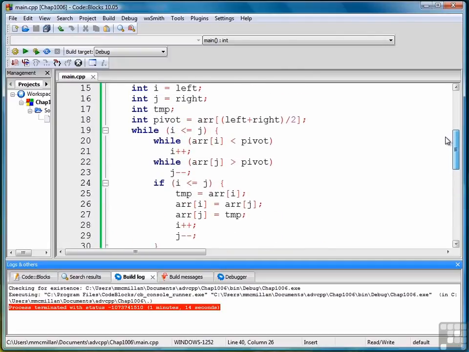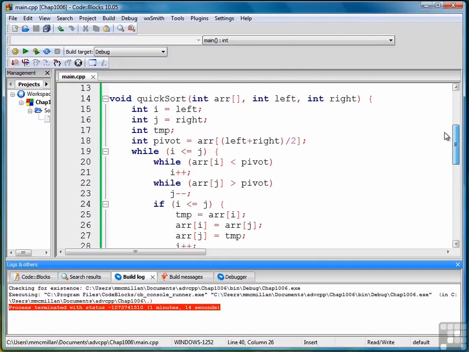So there's an example of the quicksort algorithm for sorting data. Quicksort is certainly considered one of the most efficient and fastest sorting algorithms, and many times when you see a sort function that's in some sort of programming library, that sort was implemented as a quicksort. So that wraps up this chapter on algorithms, and we're ready to move on to the exercises for